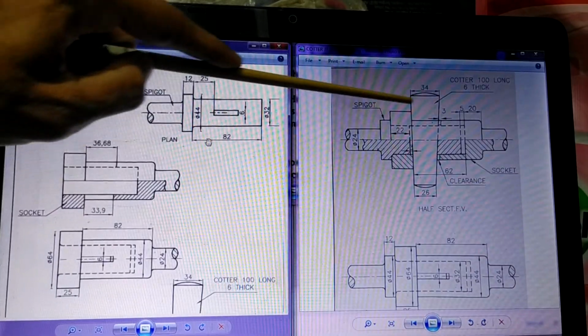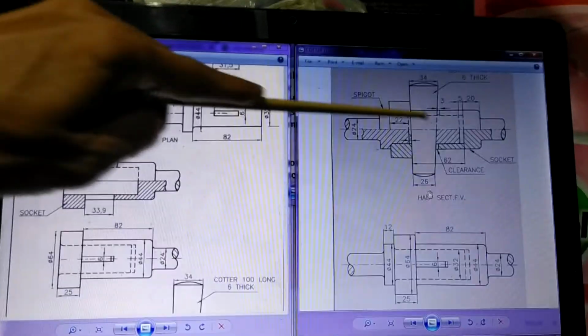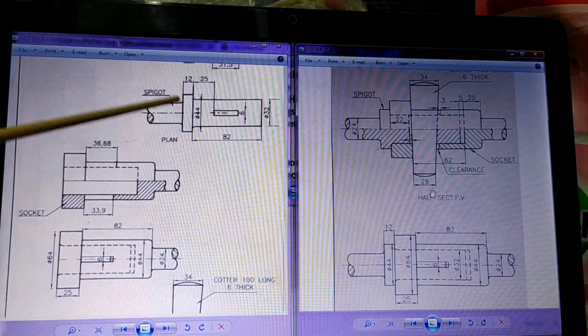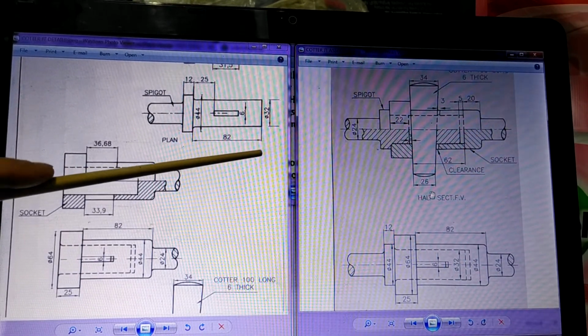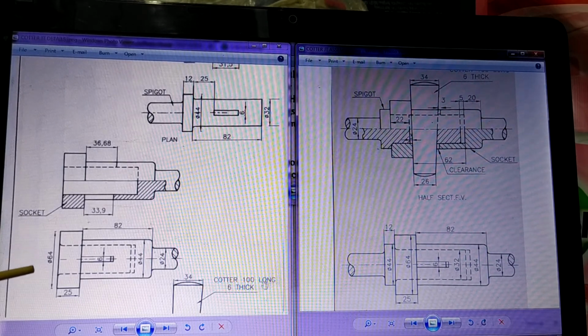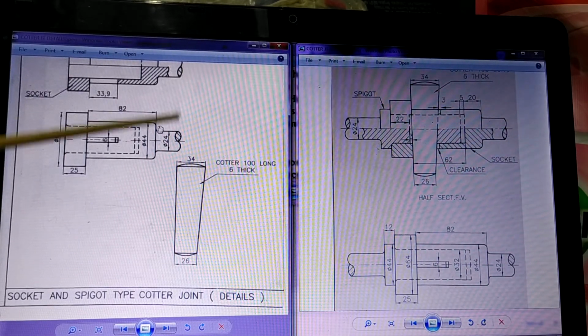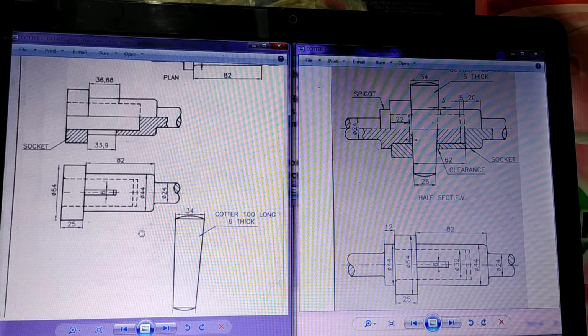Now for our case, this is given to us as a question. So we have to read this, we have to understand this, and then you have to draw this as answer. And when you draw this, you have to write near the object all the details. Name of the part spigot, material MS, quantity 1. Name of the part socket, material MS, quantity 1. Name of the part quarter, material MS, quantity 1. So all the information of these three parts you have to write properly. So this is our exercise that is called a detailed drawing of spigot and socket type quarter joint.